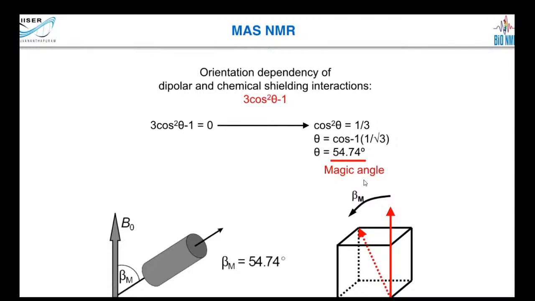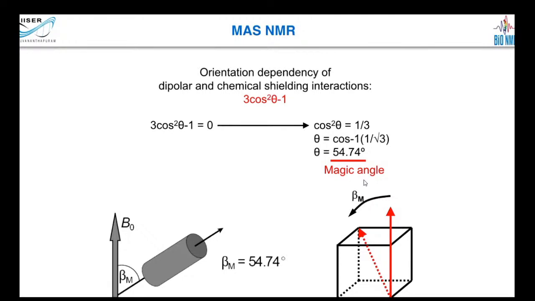If you keep it in the magic angle, then if it is a single crystal, everything will be unidirectional. Then at 54.74, you will get no dipolar coupling, no CSA. You will get perfect isotropic signal, just like your solution NMR. Very nice signals. Unfortunately, that is not correct. You mostly work with some crystals, 2D crystals, not 3D crystals. You will probably work with powder, amorphous solids, jelly substance and things like that,